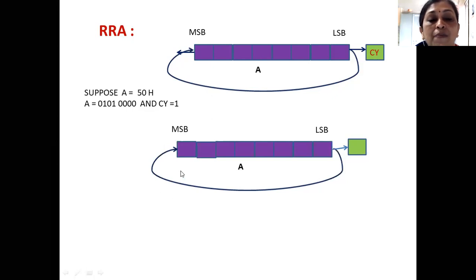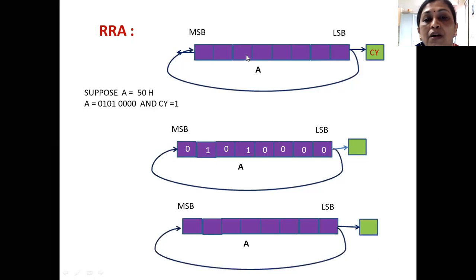Okay. So the same data we have added here. Carry flag contains 1. Now here I should write 1. So how the rotation will take place, students? Yes, tell me. This 0 will go where? This 0 will go into the carry flag. At the same time, it will go to MSB. Now, what you have to do? You have to shift the remaining bits 1 bit position to the right.